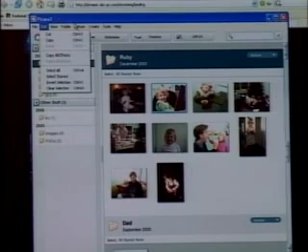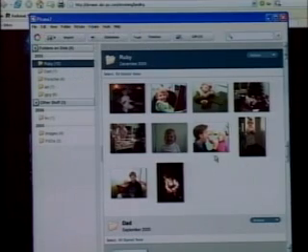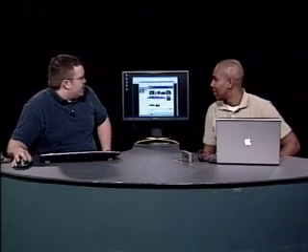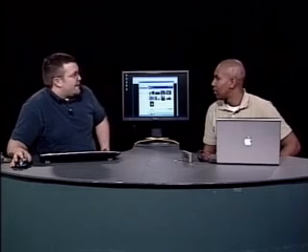Can I edit photos on here too? It's not real great from what I've found for editing photos. But it's pretty good for sorting, organizing, keeping track of your photos. Yeah. My dad actually keeps this on his desktop. He's a big photo buff. He takes a lot of photos, and so he has thousands of photos, and this is probably the only way that he would ever keep them organized, I think. Yeah, and it's just nice you can drag photos around and put them into another folder if you wanted to.